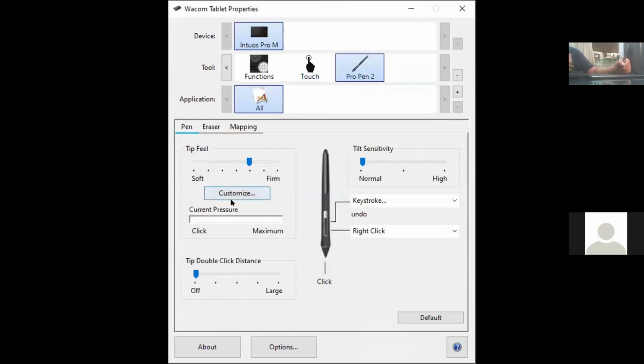Secondly is the pen tip. What does the pen tip pressure do? This is a very important thing. See this current pressure performance. The softer you keep it, the smoother and the wider the pressure will be. You can see the blue line over here in soft.